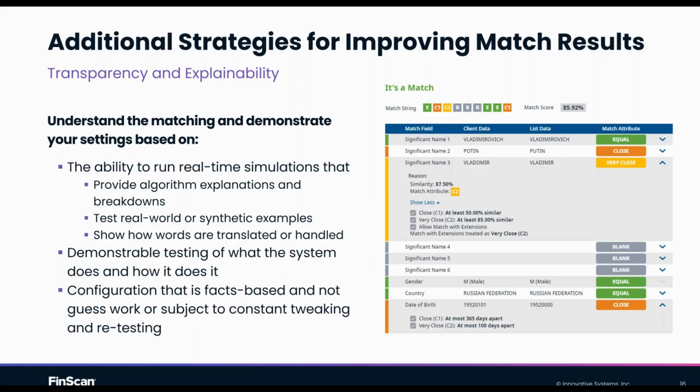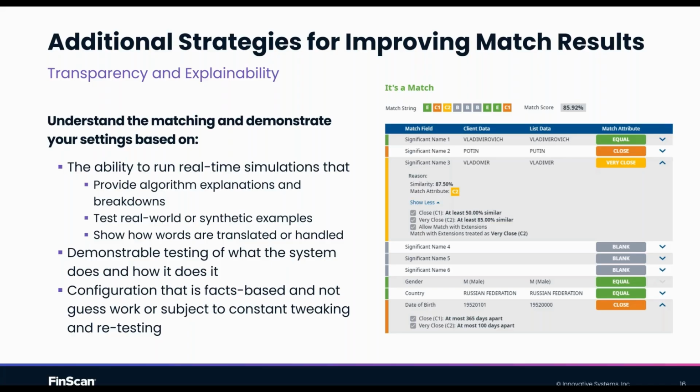This is the complete opposite end of that black box. I put a name in, magic happens, a result comes out. This is, I put a name in, it tells me everything it does as it's doing the magic, and then I get the result at the other end. So I can be confident that I know exactly what it's doing, how it's doing it, and if I was to make a change to this, equally I can come back and test again.